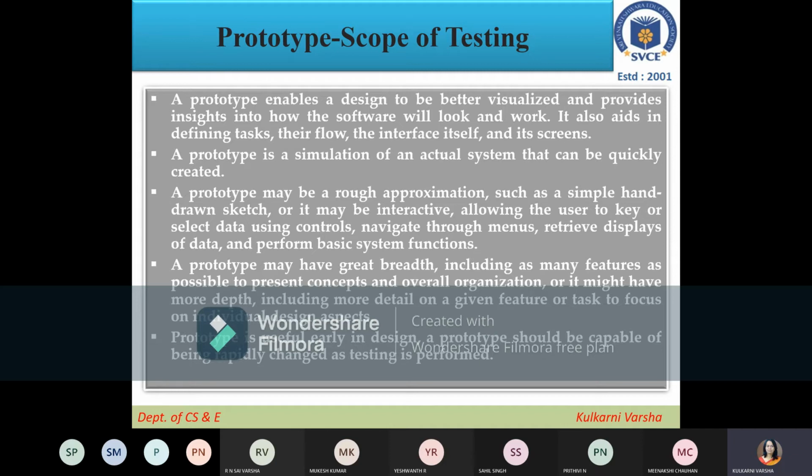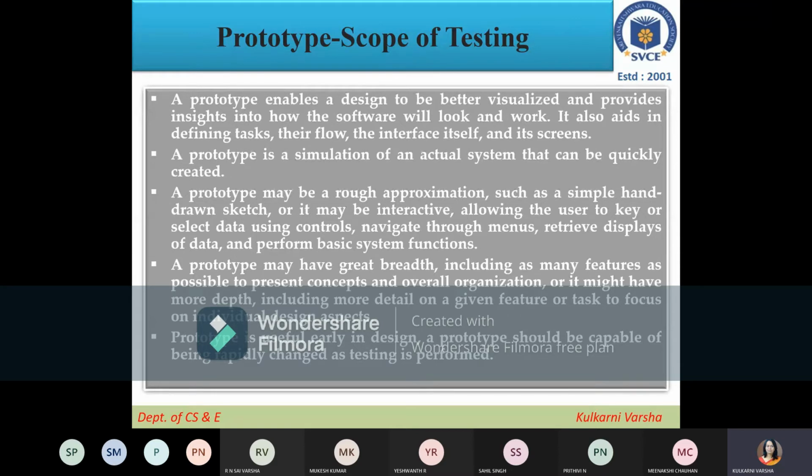So what exactly do we have to understand about prototypes? They are useful to understand our product. Through them we can find out what the different tasks are, what the flow of each task is, and what the modules are and how they are interacting with each other.